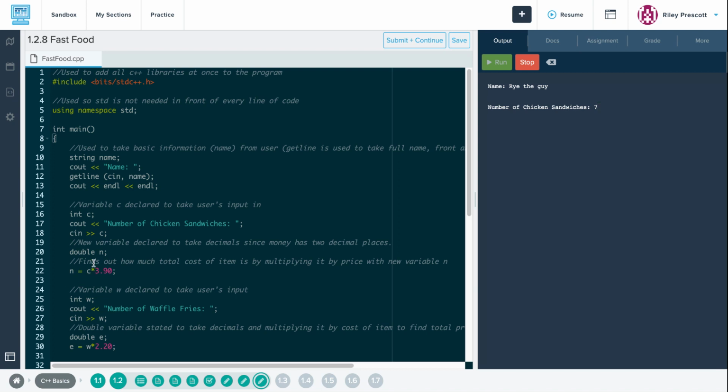So right here, this double n. Now variable n, which takes the decimals, is equal to c. c is the integer that we inputted. Right now, c is 7. c is worth 7. And then we're going to multiply it by 3.90, which is $3.90, because the assignment told us that one chicken sandwich costs $3.90. So if we have 7 of them, we want to multiply to get the final total of how much all these chicken sandwiches cost. So if I click enter,